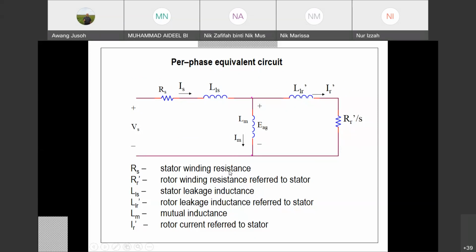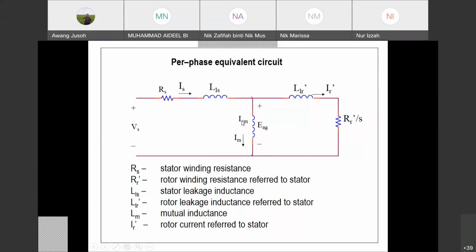So this P here, we call it P air gap, PAG. It is the power that we want to transfer from the stator to the rotor side via the air gap. You know the machine has an air gap. So you have the power input here, and when you transfer power from the stator part to the rotor part through the air gap, we call it air gap power.